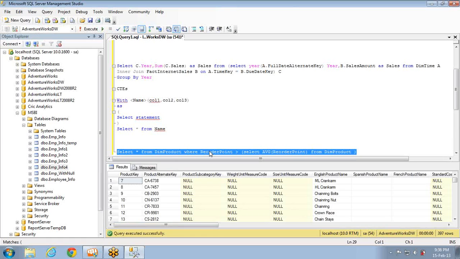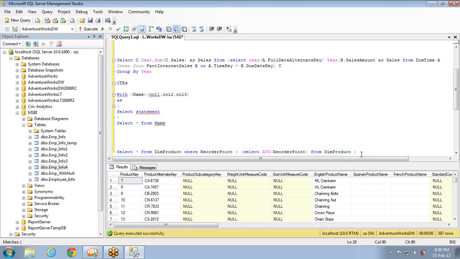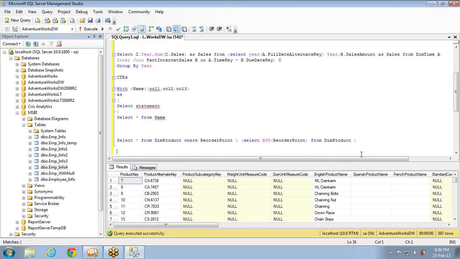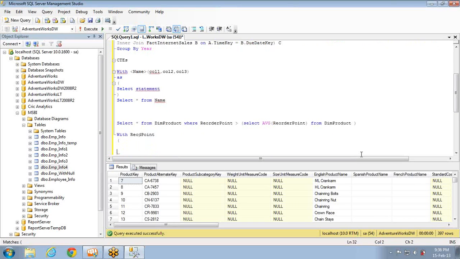Subqueries. Now let's try to implement the same using CTEs, non-recursive CTEs. How to do that? So first, let me create a CTE with, I'll name the CTE as reorder point, and I'm not specifying any columns. It's not mandatory. If you don't specify any columns, the insert query columns will be taken. So here I'm taking select